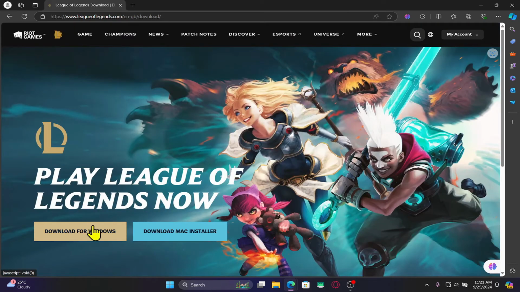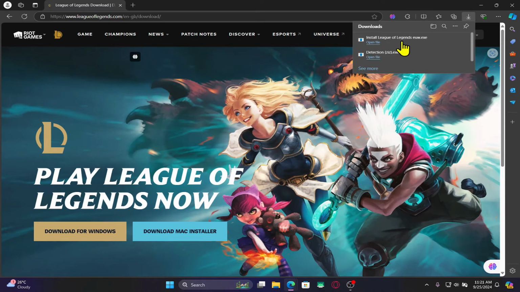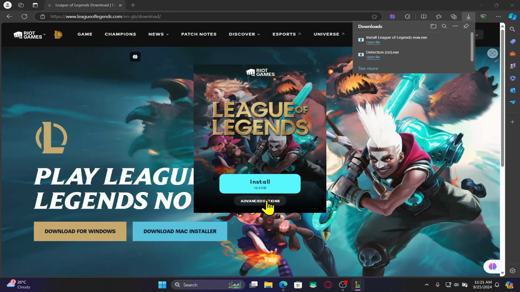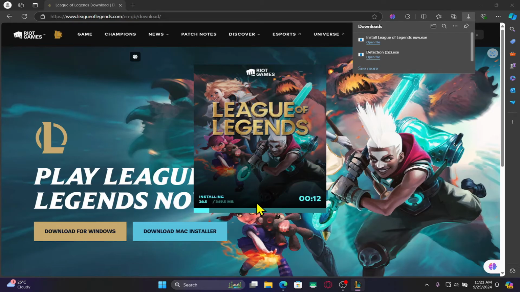And now you will see the download button. Go ahead and click on it, download for Windows. And now you can open up the installer in order to begin the installation. Now click on advanced options if you wish to redefine the directory. Then click on the install button and this will begin the installation of the League of Legends game on your